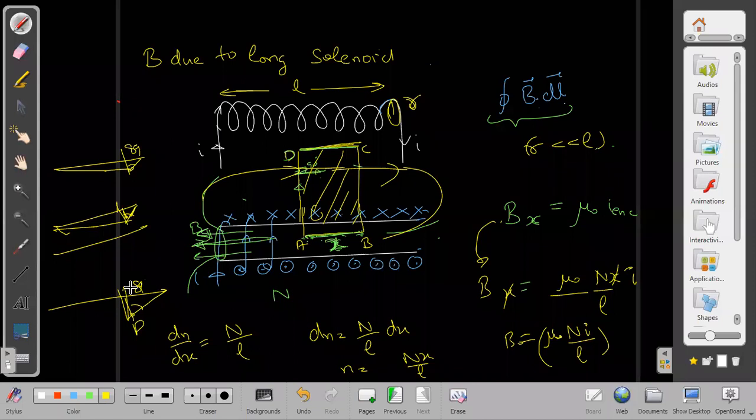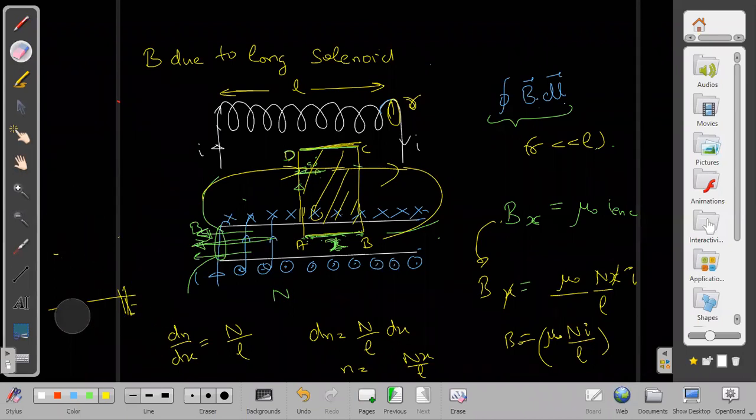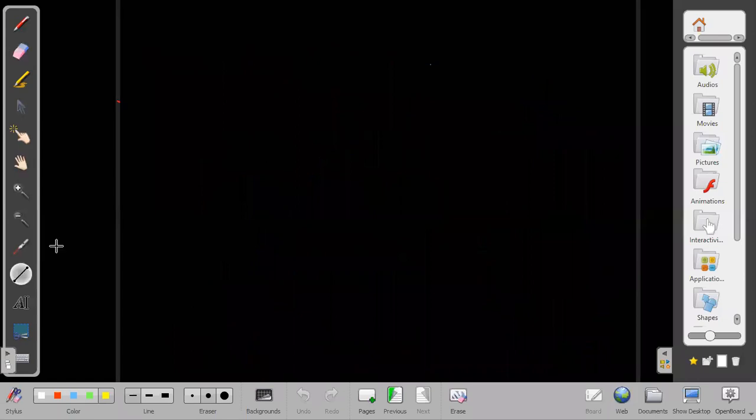Sir, I was not saying that, sir. I understood this. I am saying when in line AD only, sir, near to the surface, near to the cross. In line AD only, if you are near to the cross, then there will be somewhat stronger field there, no, sir? Very close to the cross, you are saying? Yes, sir. Then those fields will be here also. Wait a second, let me see.